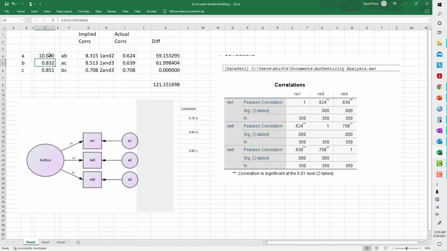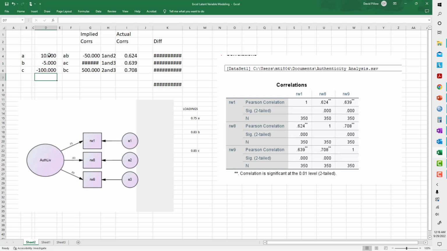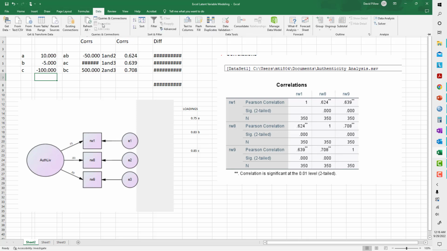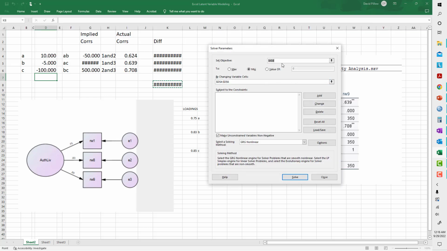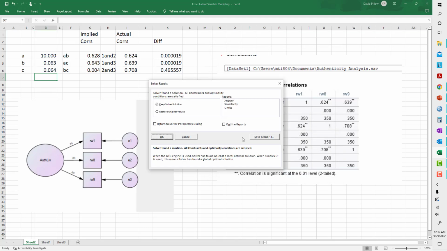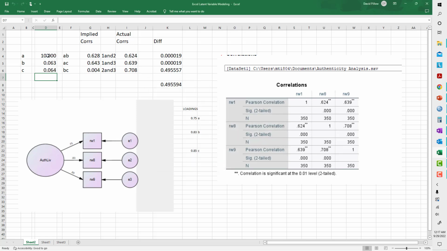Let me try another one. 10, minus 5, minus 100. I did this successfully before. We'll see if I can do it again. Solve. Oh, look at that. This solution is not what we would expect. It's a really odd solution, right? You have a 10 instead of a correlation. And so this is a place where you could essentially get estimates that are really wrong and